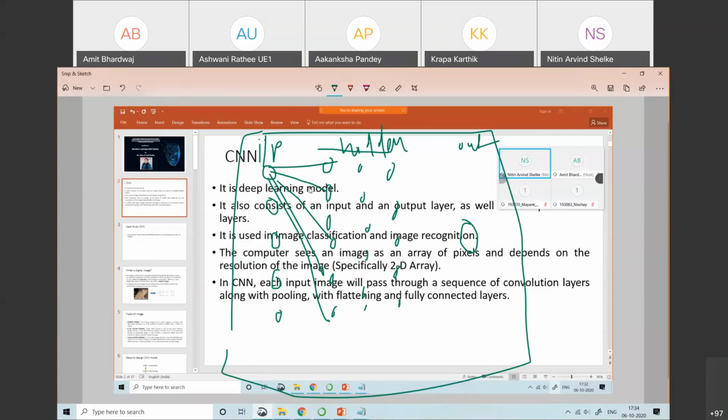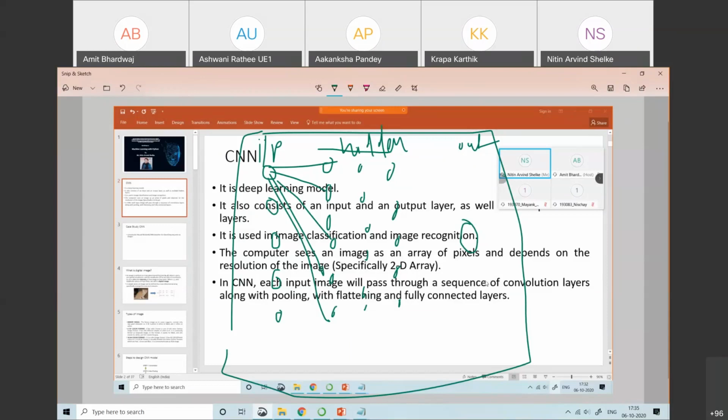Different types of activation functions are there, like linear, sigmoid, the rectified linear unit, which we call the ReLU activation function, and softmax. At every node in the artificial neural network we have these activation functions, and they are used in every deep learning model.